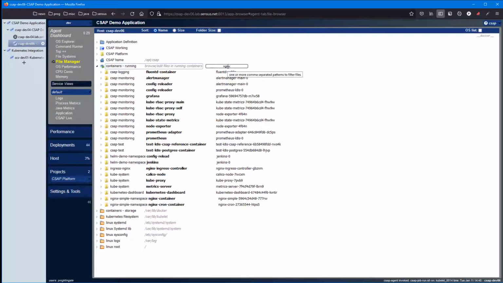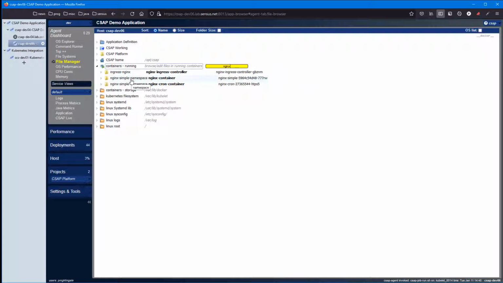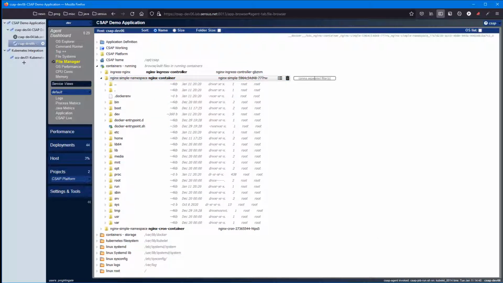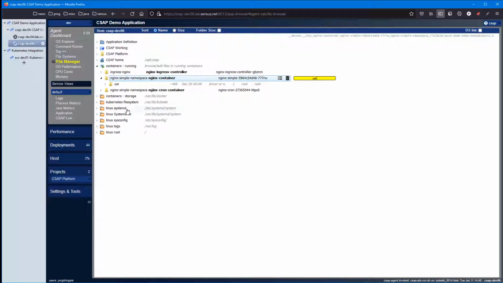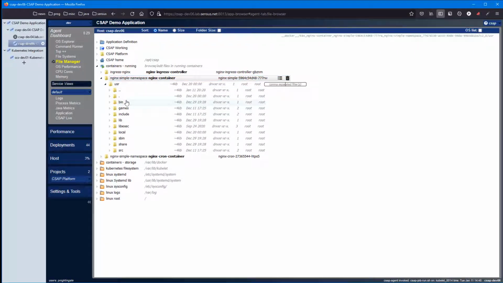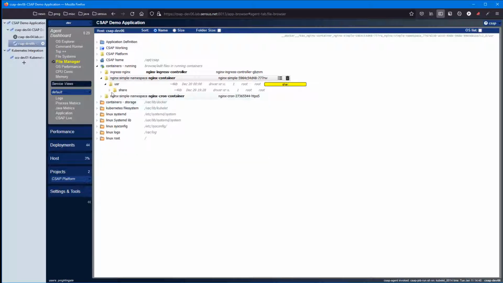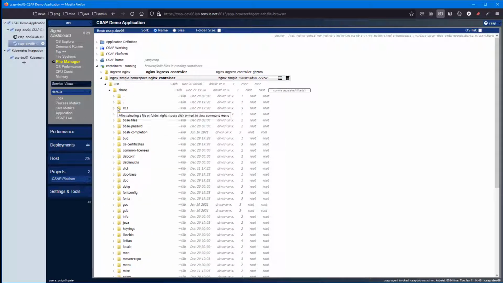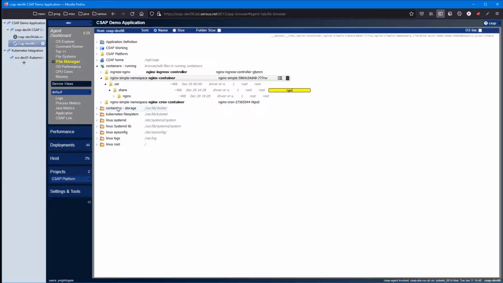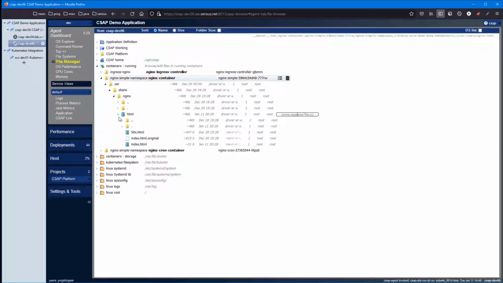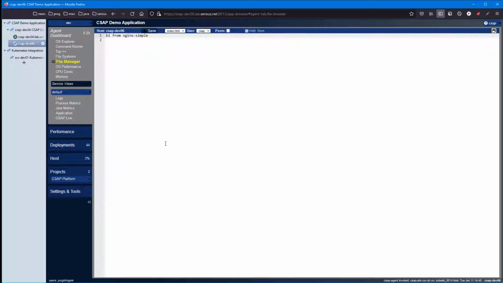In this instance, on dev 6, which is where the pod is running, I now have access to the container storage. I'll go ahead, open that up, and per an earlier screencast, the Nginx HTML file is under user share Nginx HTML. And so now we can just double click on the index file to open it up, and we'll go ahead and modify the message. So again, what we're doing is editing a file in a container that's running on a pod,